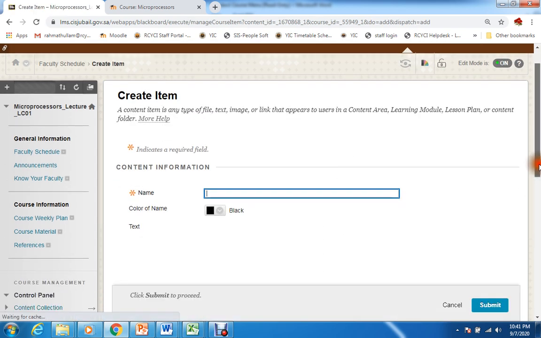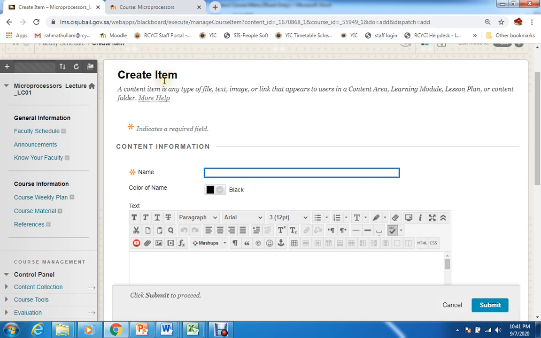Okay, when it starts with the item, so now you are creating an item. That is, you are creating something for the faculty schedule. Name, give some name for the item. Let's say schedule or anything.